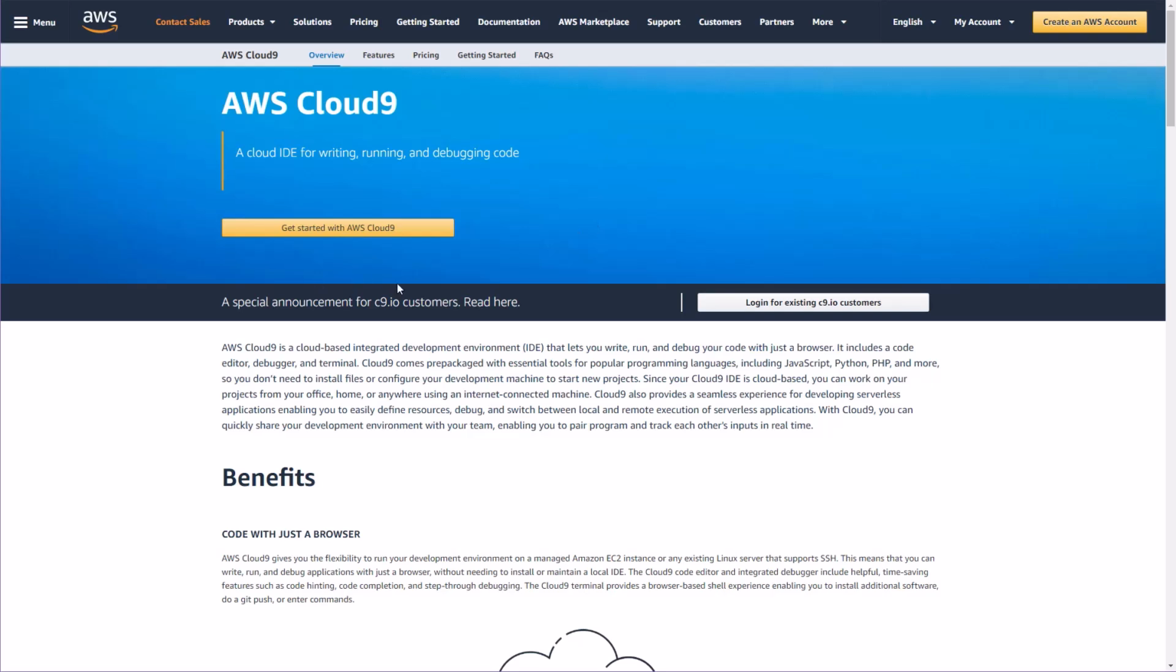Now, if you do want to go the Cloud IDE route and you want to just go all in, I personally right now don't think that I would recommend Cloud9. I'm sort of in a unique position because I already have an account. You'll see we have this login for existing Cloud9 customers. And so I'm logging into an interface that I'm familiar with,